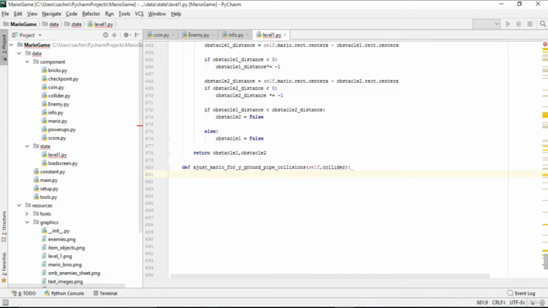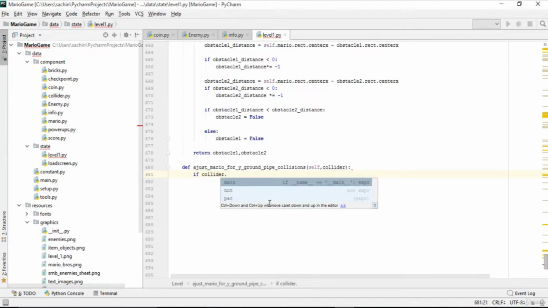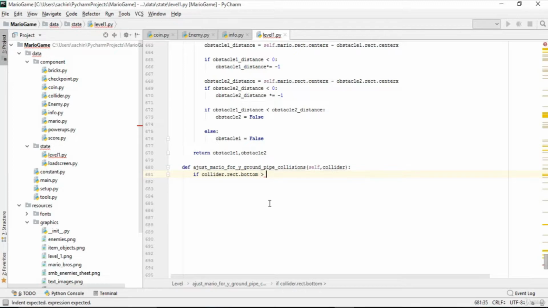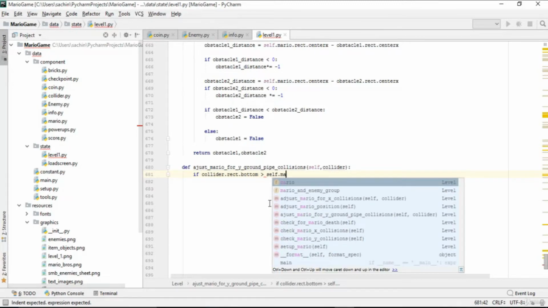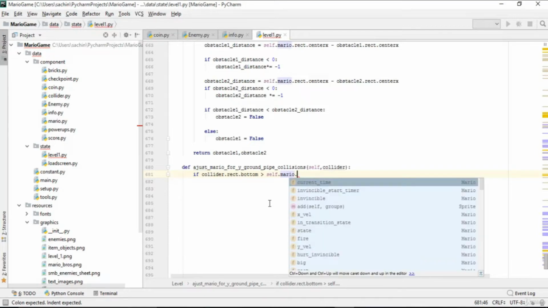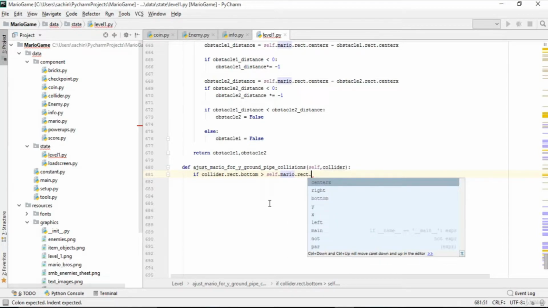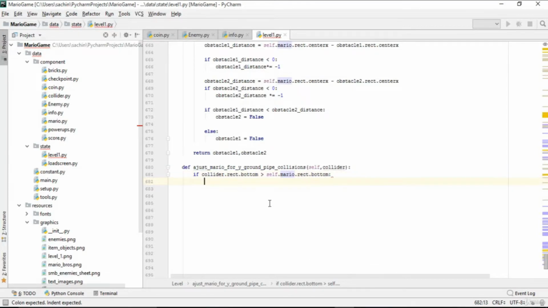So what are you gonna do here? So next thing, this is basically for the Mario collision with the pipe on the y-axis. For that we'll just check if the collider here, and just get me this rect bottom. This is the bottom component, and if it is greater than that of Mario rect bottom, so this is referring to the weight. Basically if our collider is of high weight, so collider at the bottom is higher than